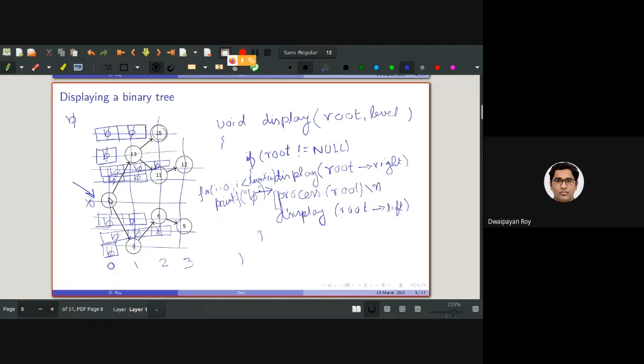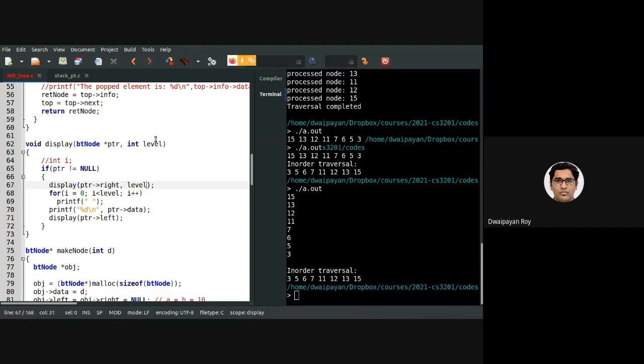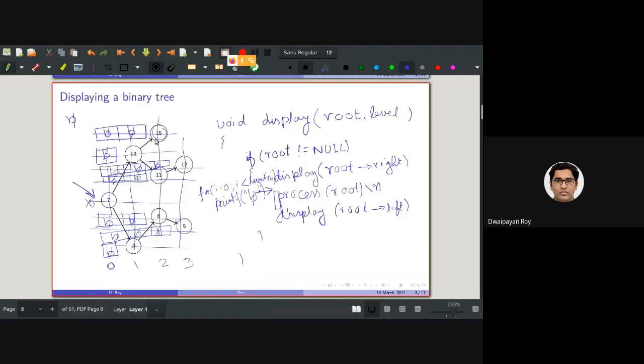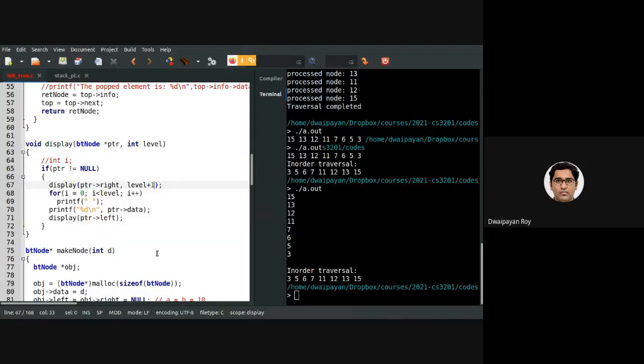So I'm going from level 0 to level 1, from level 1 to level 2. So I should be passing level plus 1. And this is true for left subtrees as well. So I'll be passing p left along with level plus 1.